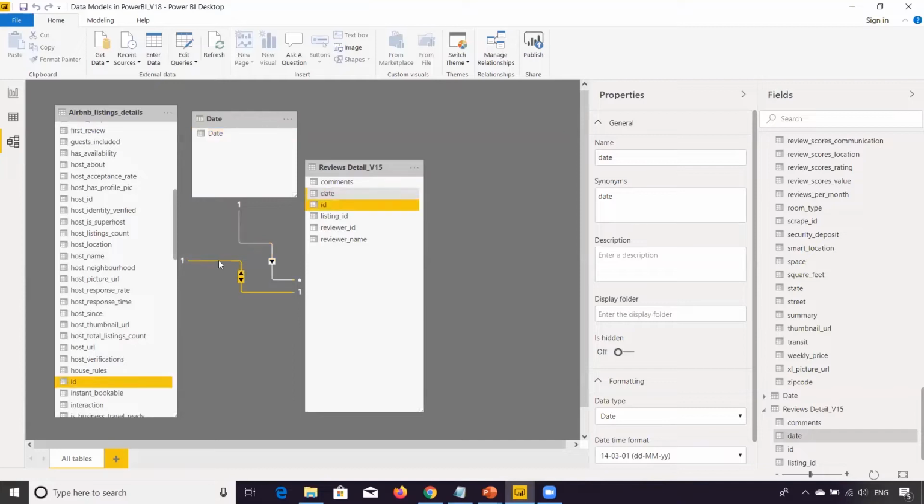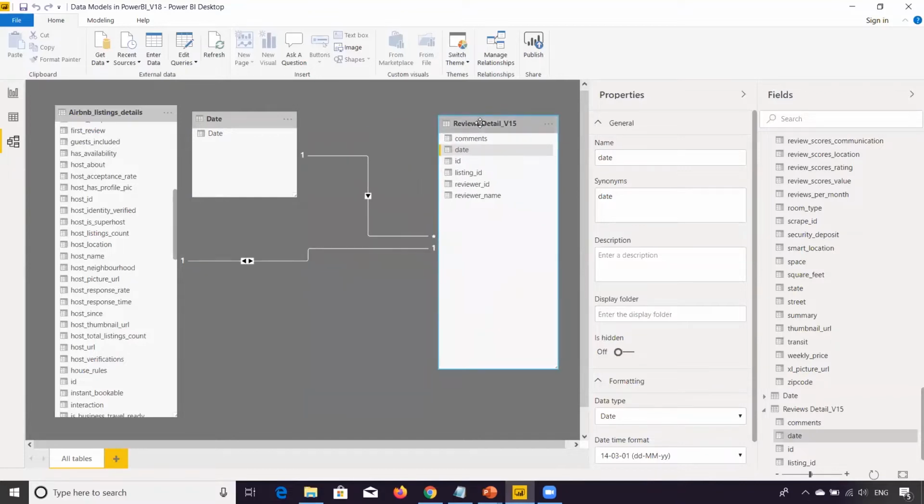Now, one thing we need to remember while creating this mapping is that we need to be pretty sure how this relationship is working, right? So this ID, I'm mapping with the ID on the review table, not the ID on the review table with the ID on the Airbnb listing tables, right? Because first the property needs to be listed. So all the properties that are listed have IDs.